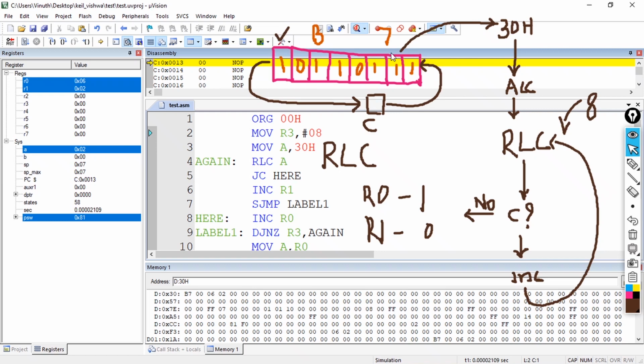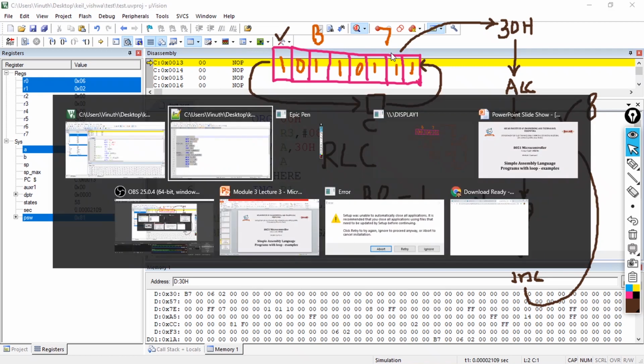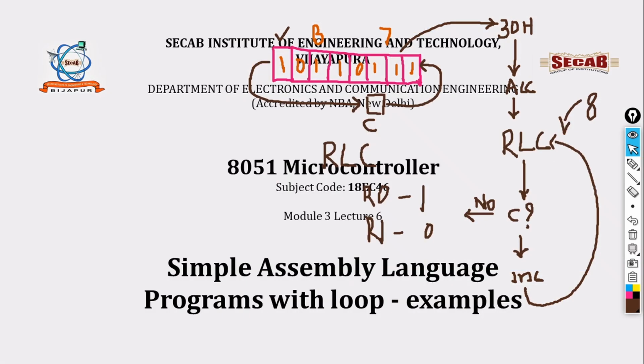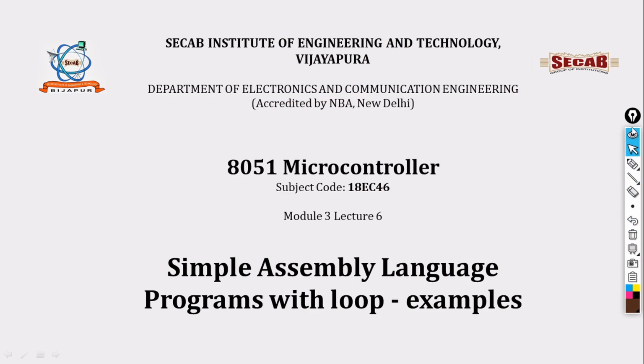Okay, so this is how we are going to execute this operation, how we are going to count the number of ones and zeros in a single program. So in the next lecture, let us wind off this. In the next lecture, let us see some more examples, like how to write down the